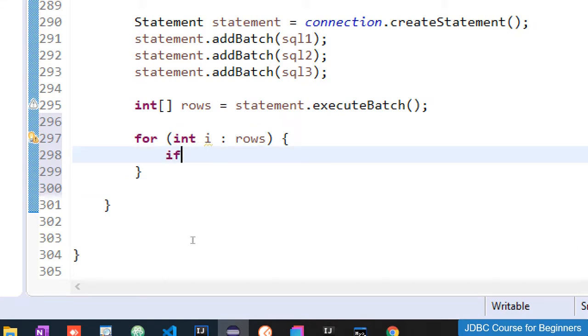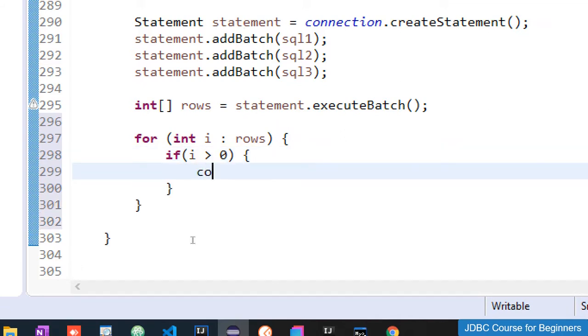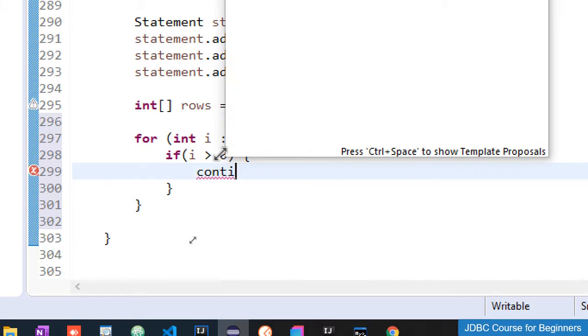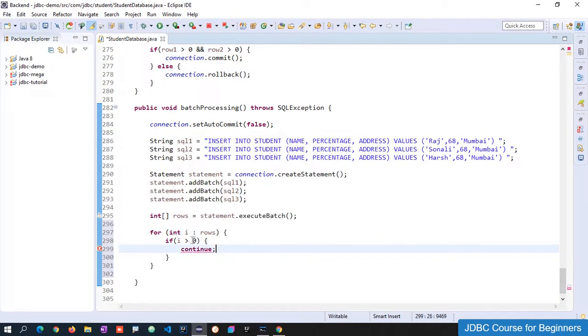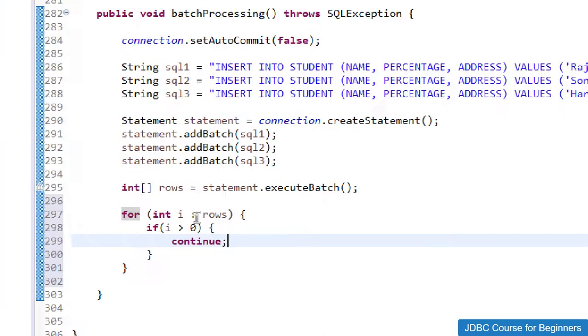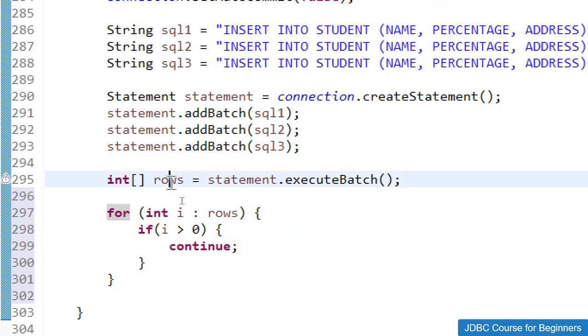And if i is greater than 0, then I'll just continue. So again, my idea here is I'll iterate each and every row, each and every result, and if the result is greater than 0, then I'll continue.